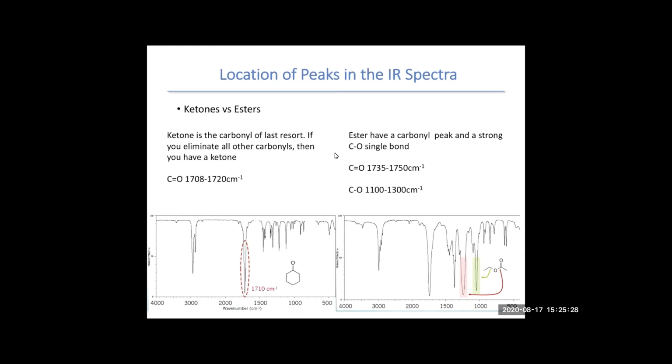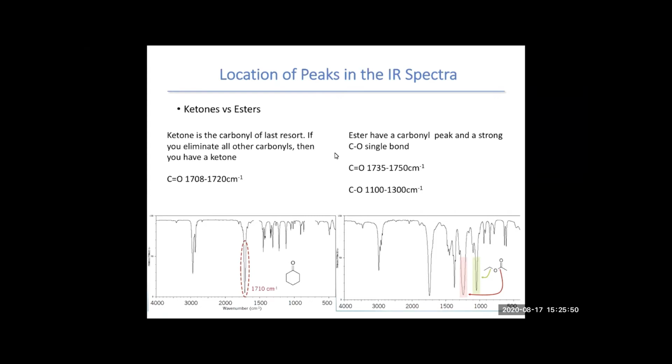An ester group is a carbonyl with an OR group attached to it. So that carbonyl will show up around 1735 to 1750, and your carbon-oxygen single bond shows up between 1100 and 1300. So you can see, looking at our two spectra and comparing them,